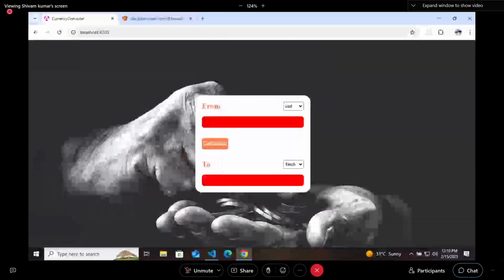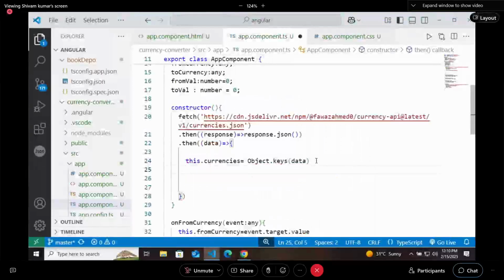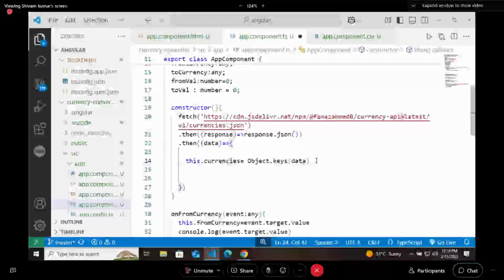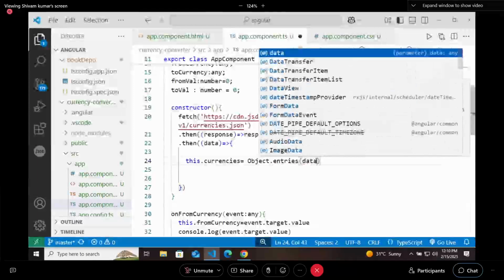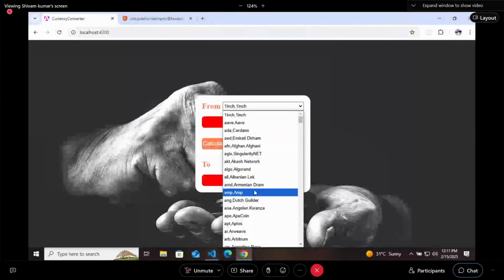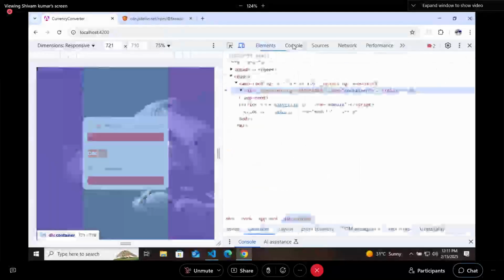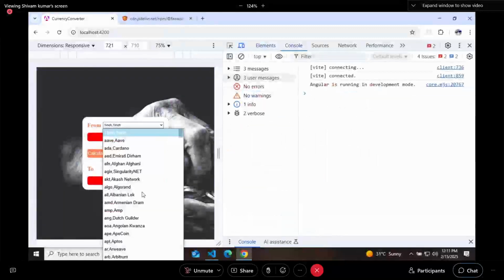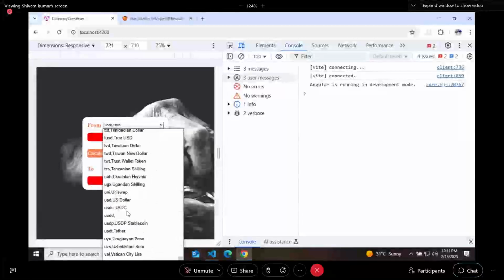If you want it to work with the values, and you are trying to write it this way, each element is going to have, yeah, Object.entries we can write. So if we are writing all the entries of the object, in this way you are setting the values, so you will get key and value both. So go to inspect, go to console. You can select any, let's say I will select American dollar here. So that is US dollar.